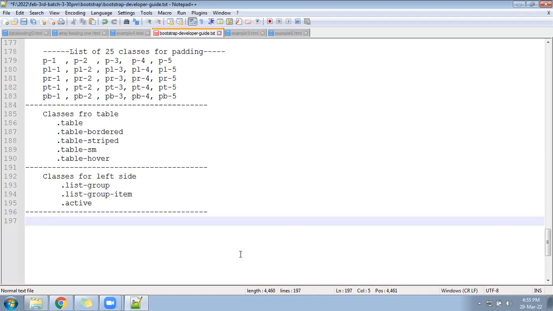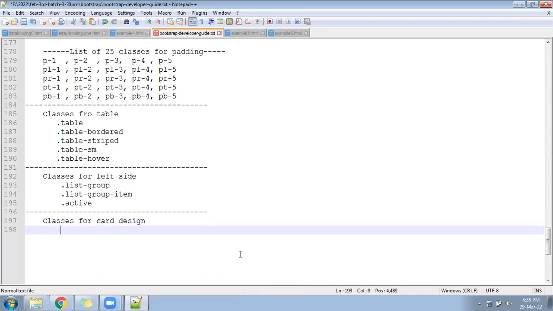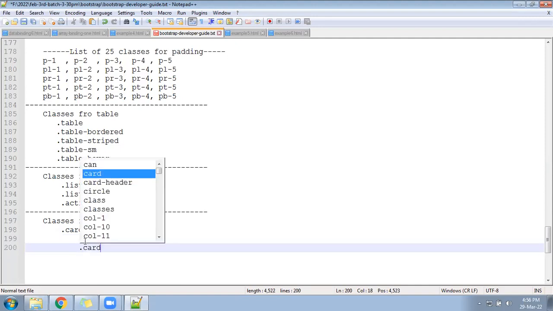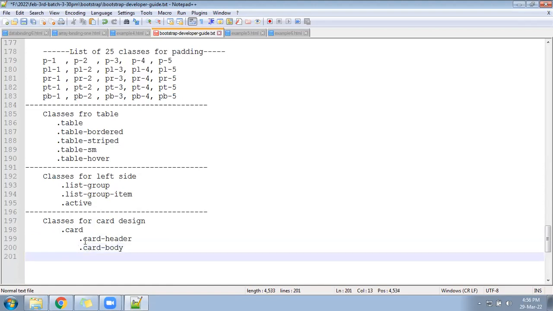So we can write here classes for card design. We have a class called card. It has three subclasses. One is called card-header, card-body, card-footer.